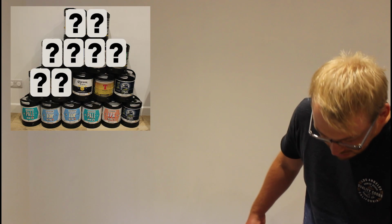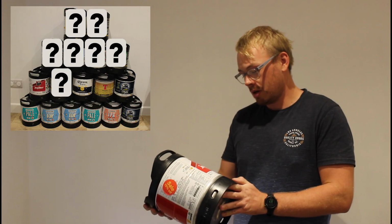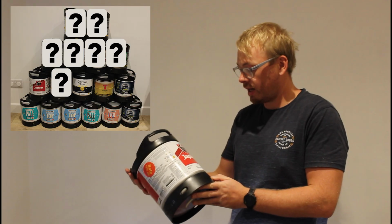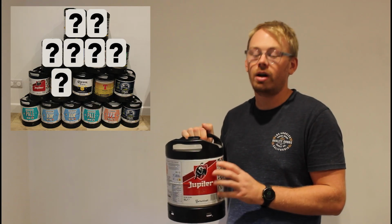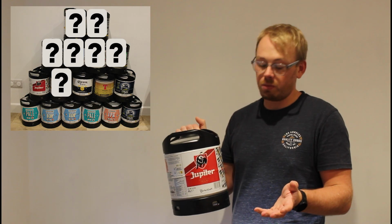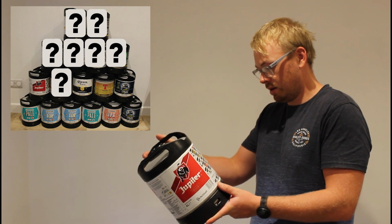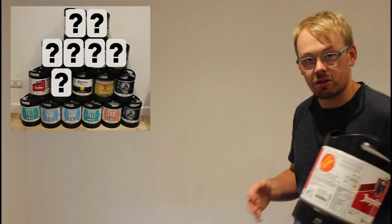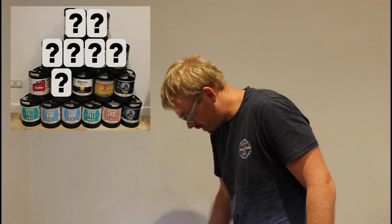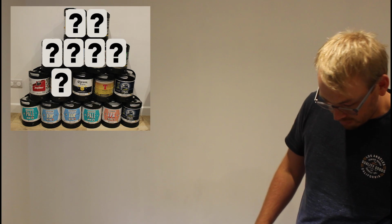Now, where the machine starts to get interesting, the rest of the beers which are left. The reason I actually got the machine. So we'll start with Dupla. Not seen that before. That is, for all intent and purposes that I know, not sure where else you can get that if you're not in a dedicated bottle shop. I haven't seen that anywhere in a supermarket, only on Perfect Draft or in bottle shops, like a local bottle shop. It's Belgian Pils, so it's just like a Belgian lager. And it beats everything that we've said so far. So it goes on tier 3, should we call it? No, I'm going to have a balancing act. And then after that I would say